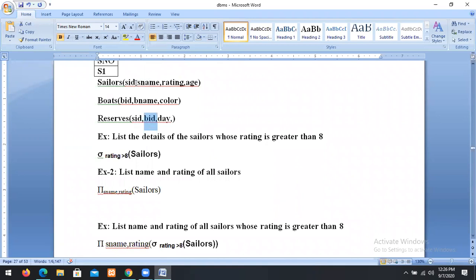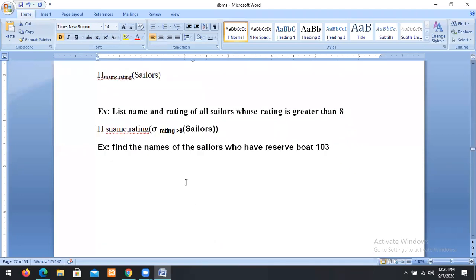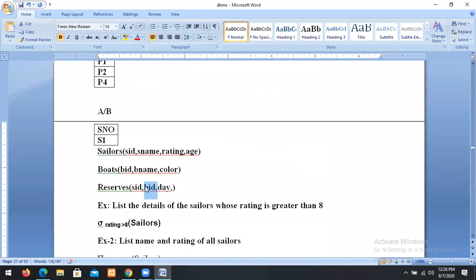So then I will join SID with reserves SID. When we join one table with another table, only then do we get the information. This is the process, and this is what the requirement needs. Sometimes the information we need is in one table and the condition is in another table. In this case, we use joins. What is the question? Names of the sellers who have reserved both boat 1 or 3. Reserves has SID and boat ID.